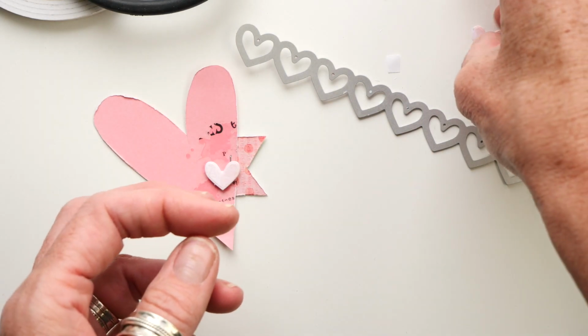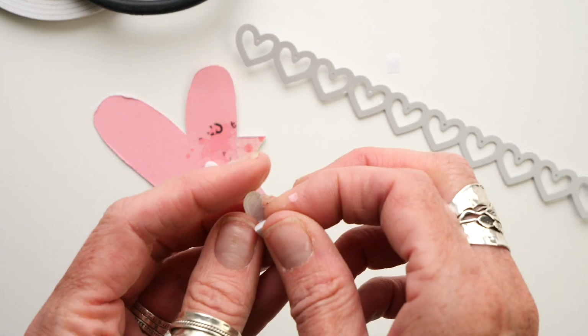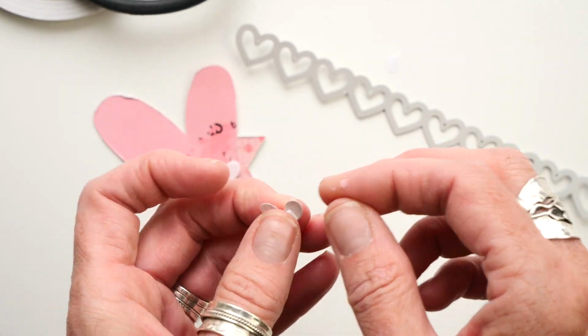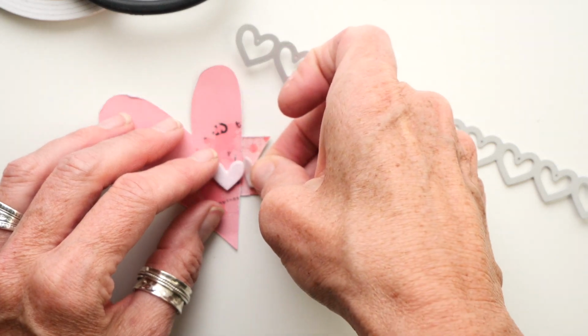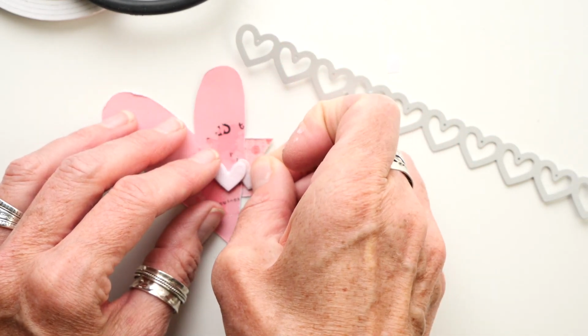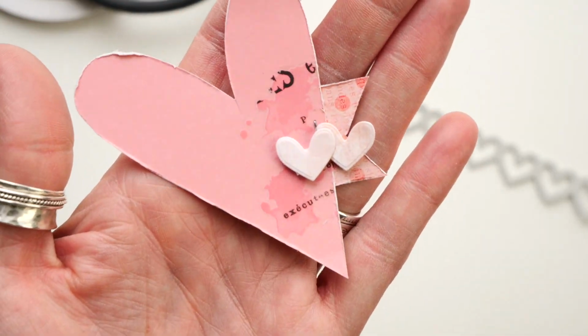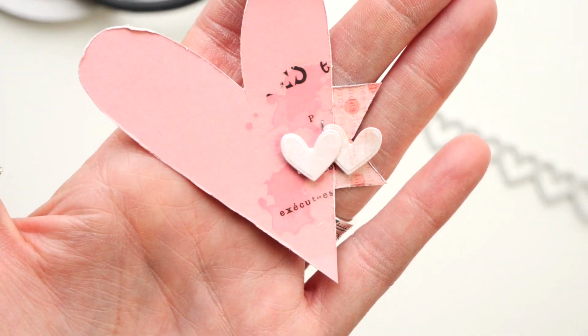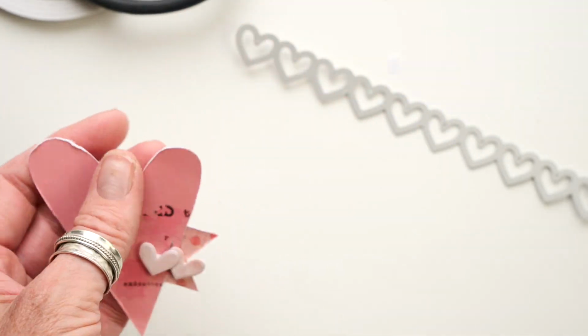Hot glue works really well in this technique, I will tell you. And it gives great dimension, but so do these little foam squares that you can make any size with this roll of foam adhesive. And that is how you craft a DIY heart embellishment, beautiful for any of your paper